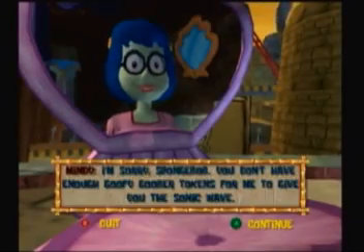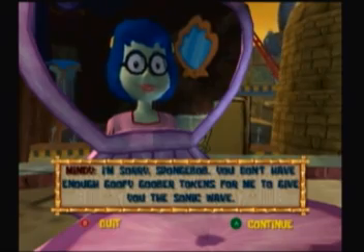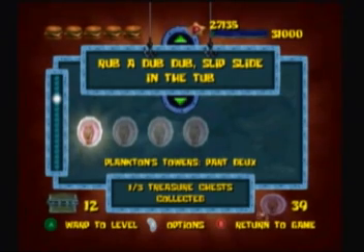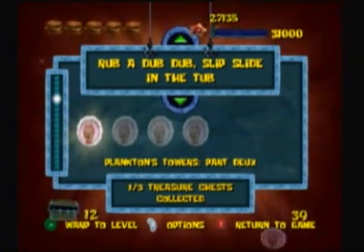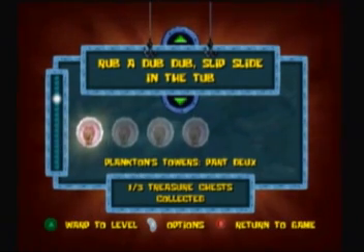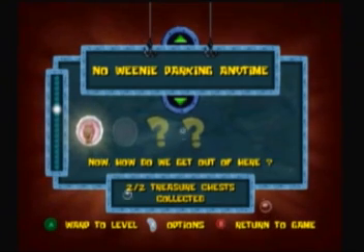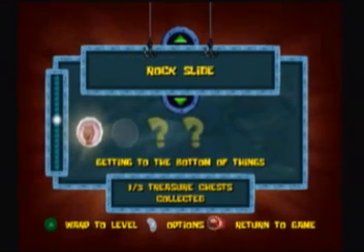But I'm sorry, SpongeBob, you don't have enough Goofy Goober tokens for me to give you the move. Anyways, we need 40, and we are one short. You need 40 to get the last move for SpongeBob. And so, that's what we're going to do. I don't care about that challenge. We're going to go back and